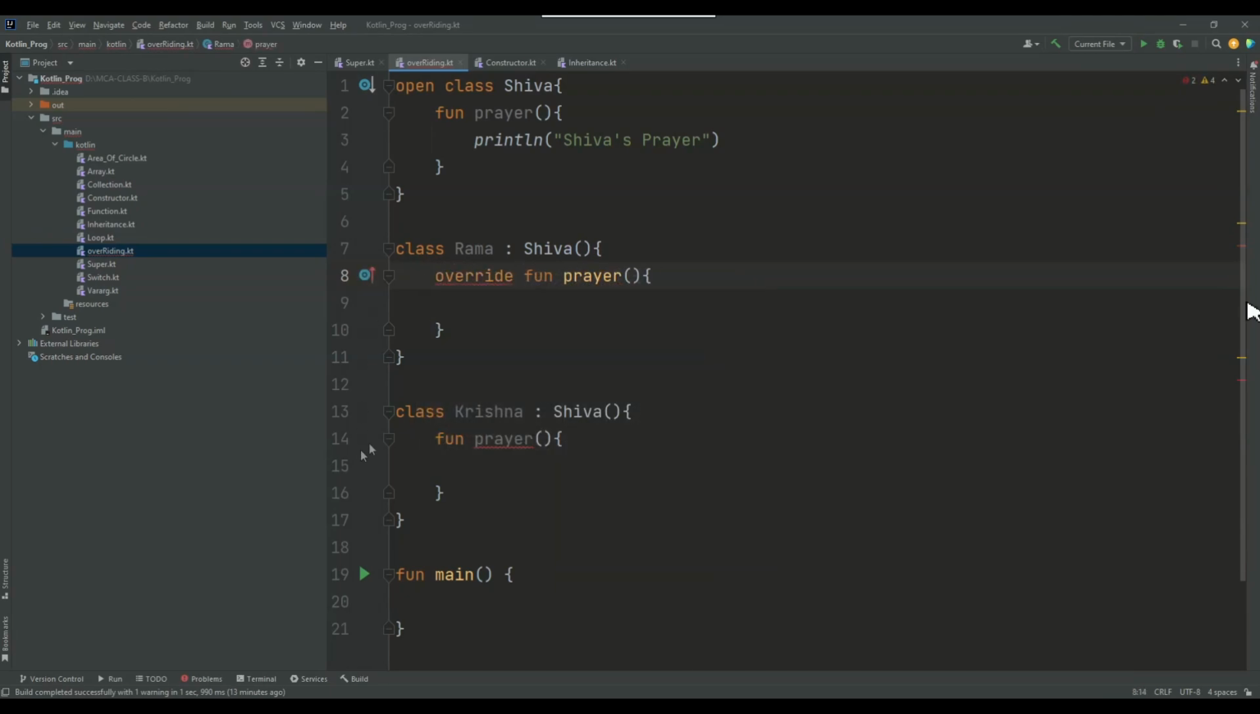See, when I write override, now there is no error on the name of the method. Now the error is different: prayer in Shiva is final and cannot be overridden. What is Kotlin saying? Kotlin is saying that Shiva's prayer method is also a final method. So if you want to override the superclass method in the child class, you need to open the superclass method